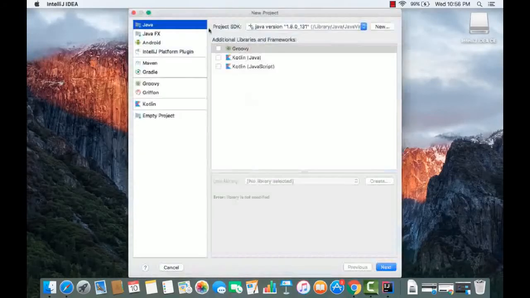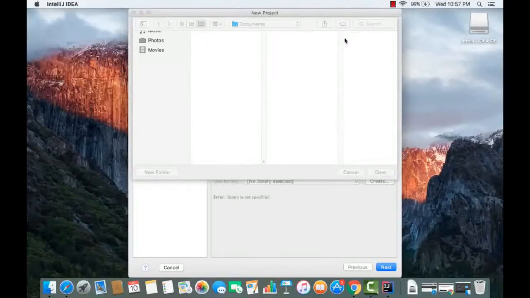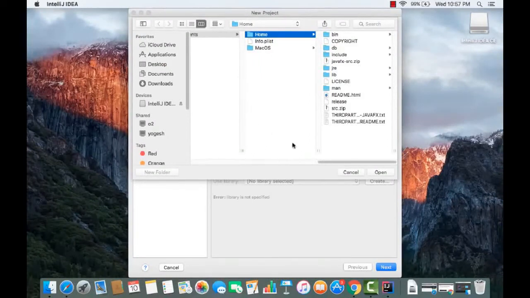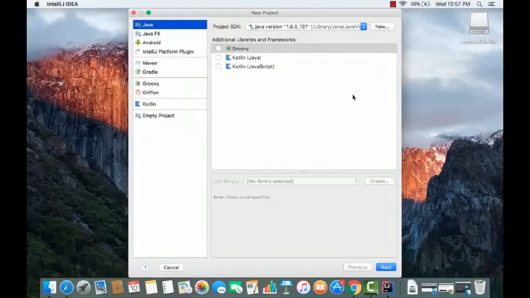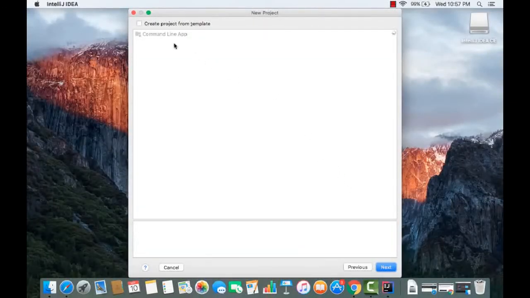it opens. So let's create a project. Just click this button which says create new project. In the next window, we will choose Java first of all, and then it's going to automatically detect whether Java is installed on your system, and appropriately select the Java version for you. If you don't see anything here, you can just click new and then choose JDK from there. You just need to give the location of your JDK folder. This is selected by default in my case. If you already have Java, it will be selected by default, and I'm going to click next,